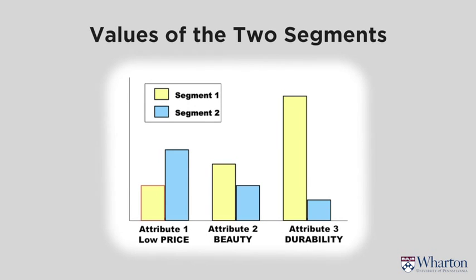They want a low price. They don't really care that much about how it looks, and they don't care that much about how long the tiles last. If you did not segment this market, the optimal thing to do would be to give average value to everything. And what you would do, therefore, is not please anybody. The average value here would be not a low enough price for the people who care about low price, and not enough durability for the people who care about durability. In some sense, I think of that as the lukewarm tea. You can have hot tea and iced tea, and if you give average, it's lukewarm tea, and nobody's happy. So one of the reasons to segment the market is that if you don't, you tend to try to reduce costs and go to the average value, and you're not meeting anybody's needs.